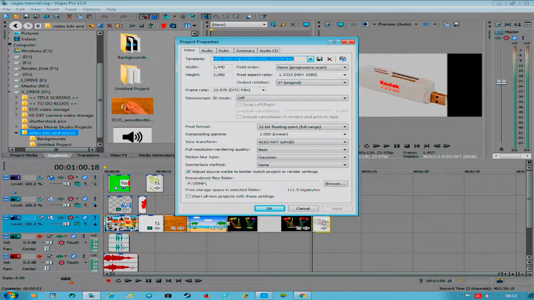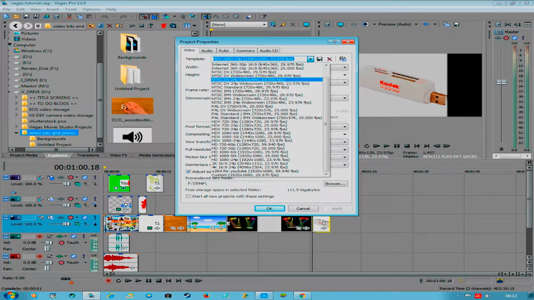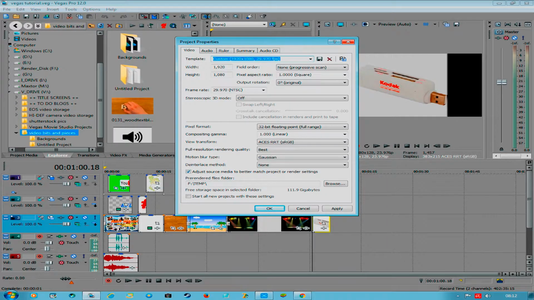What we can do is go in and select the one I've created, which is 29 or 30 frames a second HD, which is 1920 by 1080. And don't worry too much about NTSC within the video world on YouTube. PAL and NTSC are really irrelevant. So we're talking about 30 frames a second,